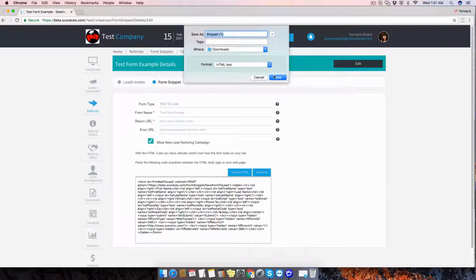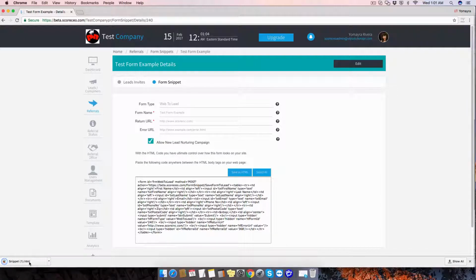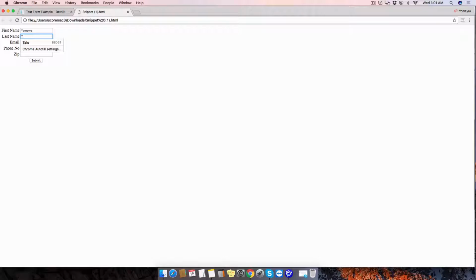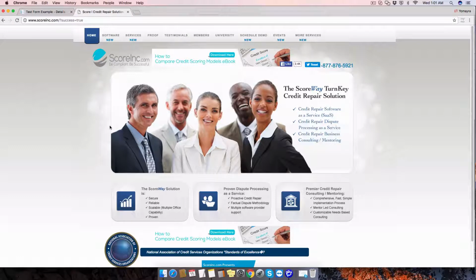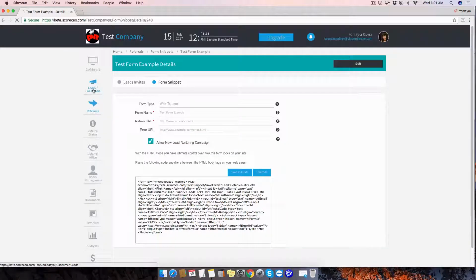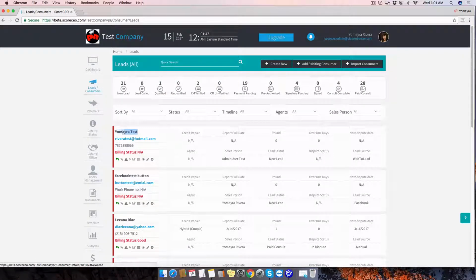If we click on save and we open this file, this is what the web to lead form really is. It's just a sign up form. Just the client or lead can add their information and submit it. Once this is saved, I added a return URL. It took me to my return URL, which is the website I decided to add there. That is working perfectly. And if I go to my leads and consumers section, now I have that lead there,